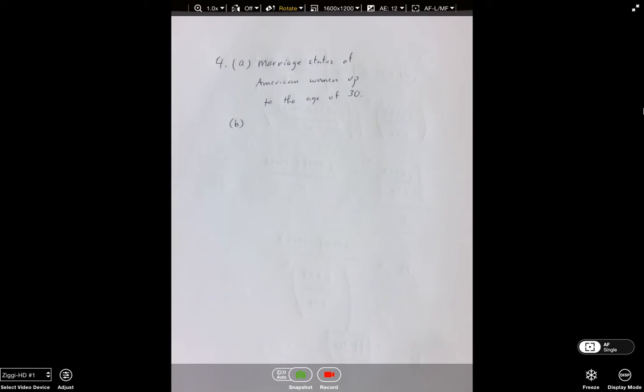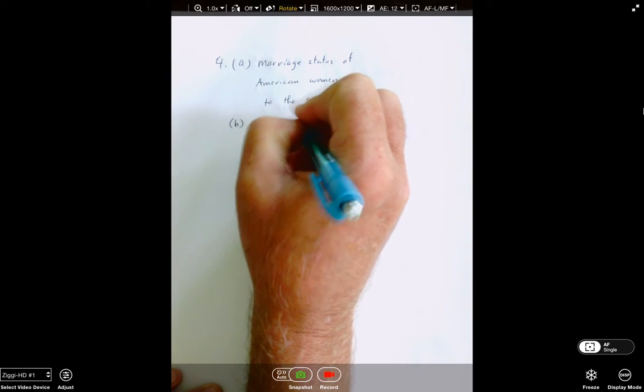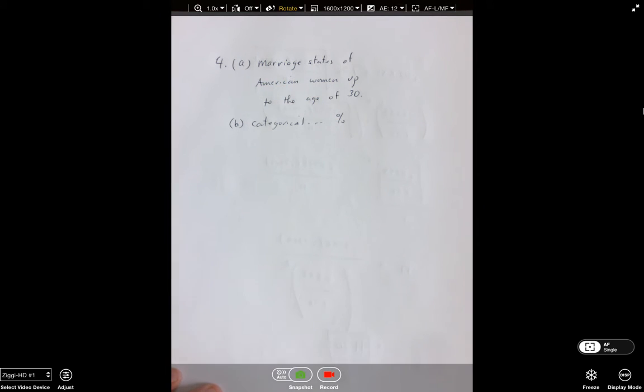B, does this study pertain to quantitative or categorical data? Well, when you look at all this and you see 74% and 30s and 91s and 125s and all these numbers, it's so tempting to say that it's quantitative. It's not. It's categorical because it deals with the percentage. Why is it categorical? Well, if you're a woman up to the age of 30, you either have been married or you have not. So the answer is either yes or no to this